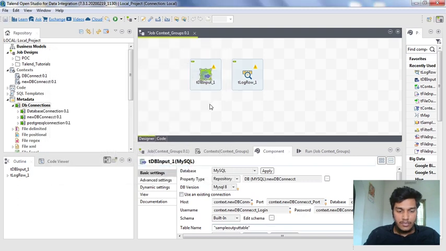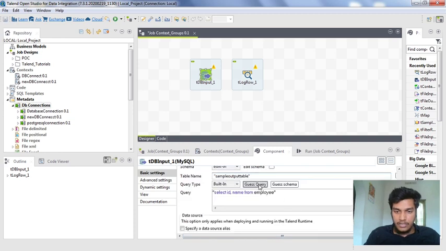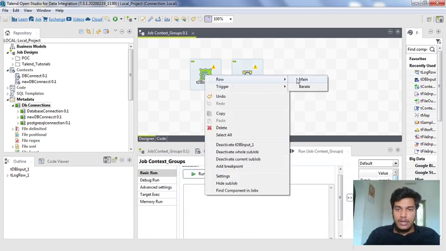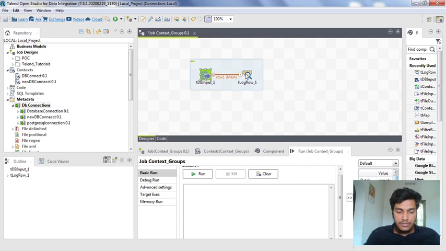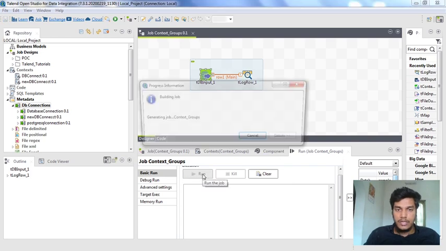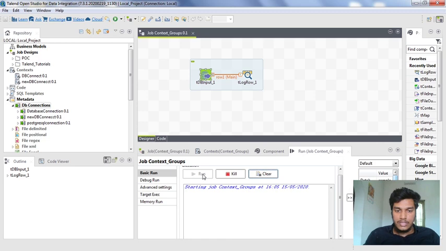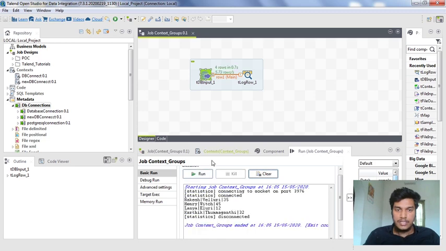I am clicking OK, and we need to assign a query here. I am clicking Guess Query, which will automatically retrieve the SQL code for every column, and I am connecting these two components with main, and I am running it. Let's see whether it is running fine or not. Yes, it is running fine.